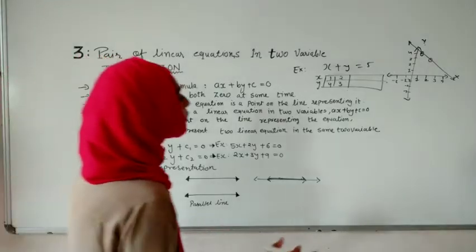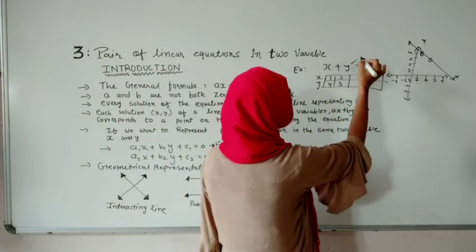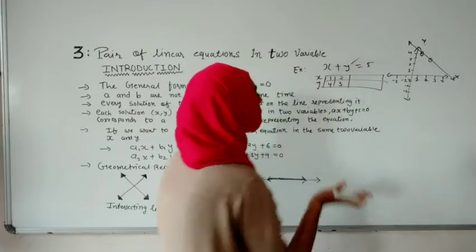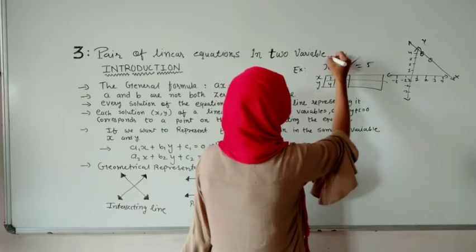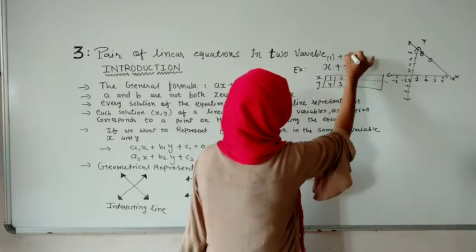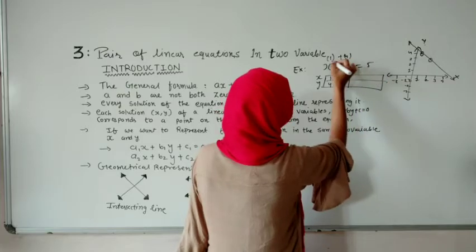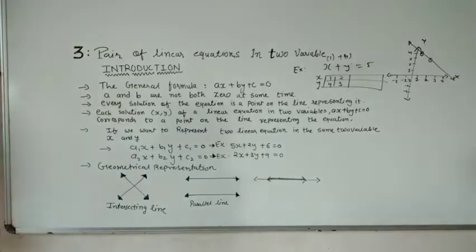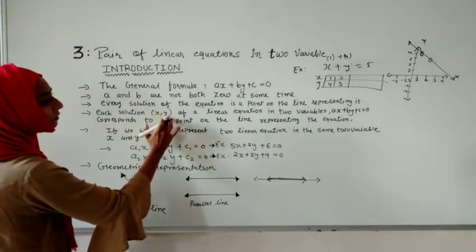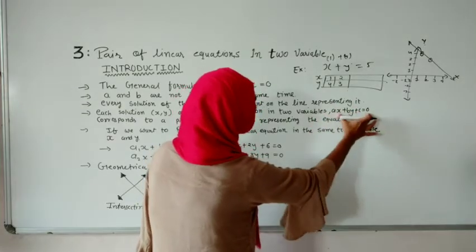That means if we think in reverse, say 1 and 4, and 2 and 3, is this point, I mean is this line, a solution of the equation? We have already done this question. It means that in place of x I have to substitute that value, and in place of y I substitute its value, and check whether I am getting 5 or not. If I am getting 5, then I will write that left hand side is equal to right hand side. So they are saying that when we substitute this x and this y, it will be the same.